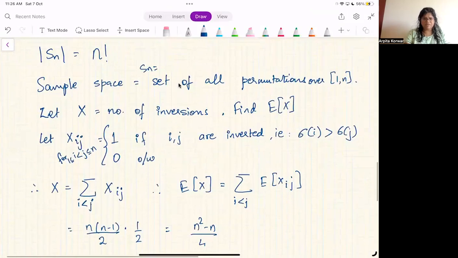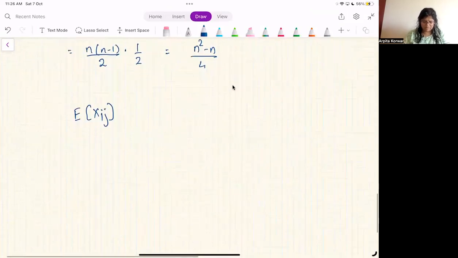The sample space is the set of all permutations. My claim is that the probability is equal to half. With probability half, they are in the correct sequence, i comes before j, and with probability half, it is inverted. Why is that? So given any